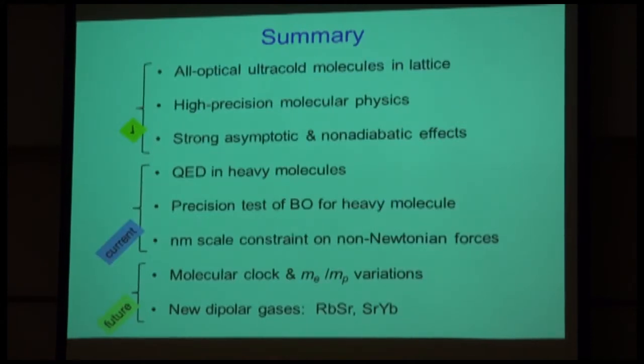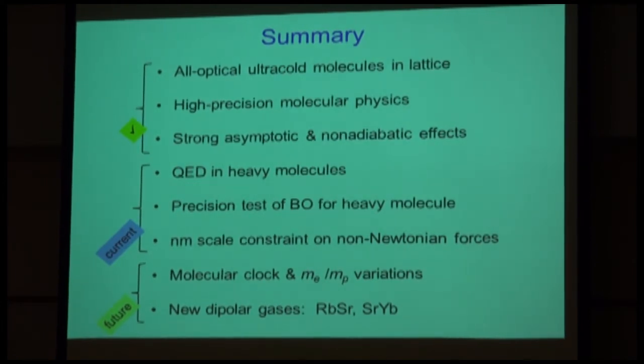OK, so just to summarize what I discussed. We have used an all-optical technique to make ultracold strontium dimers in an optical lattice. And then we did some high-resolution precision measurements on the weakly bound molecules near the singlet S triplet P atomic threshold. We observed some unusual, unexpected asymptotic and non-adiabatic effects through the Zeeman shifts, particularly quadratic and linear. And we observed some forbidden transitions that should have been even more forbidden, but they're not because of this